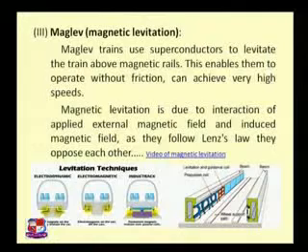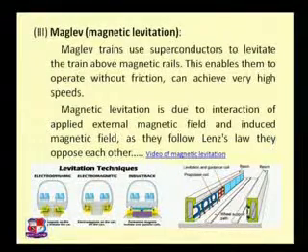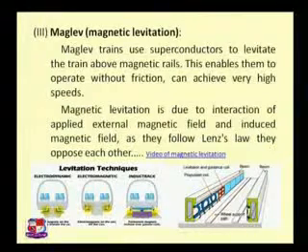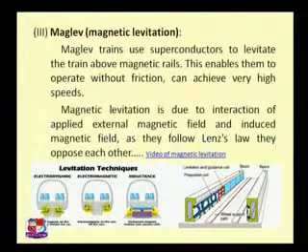If you go further, this is the third application. First we talked about generation and transmission of electricity. Second was the strong super magnet, that is the superconducting electromagnet. And the third one, also a real practical application, is maglev, magnetic levitation. Maglev is attached with trains, very fast moving maglev trains. But it's not only used in a train; in a suspension also, we can have floating arrangements with this setup.